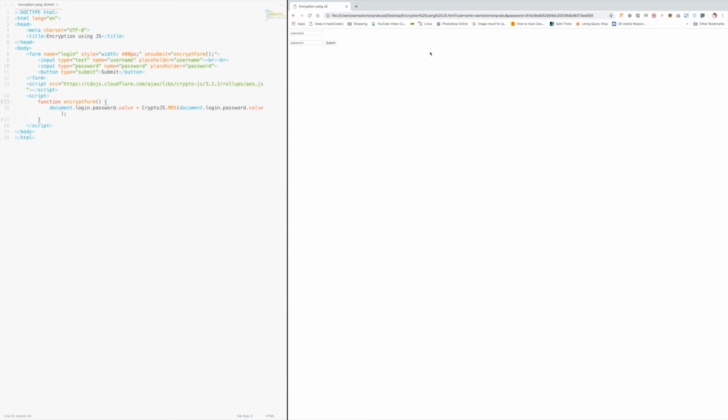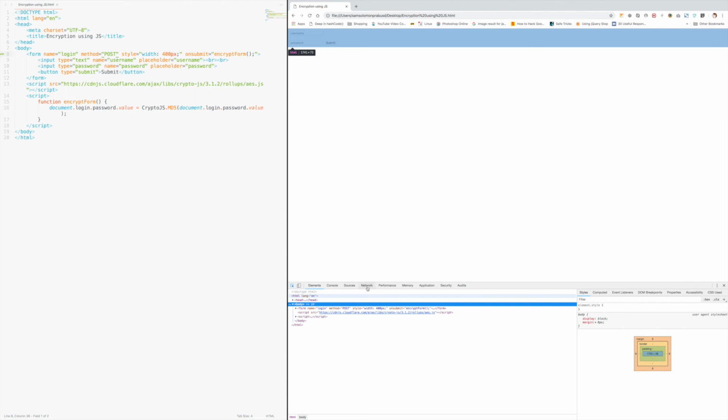In the real time, we don't use get method. So just making it as post. So I'm resending this form. Okay, it will be again get. So password 1234, submit. Okay, the form is submitted, but in order to see that, we need to open the